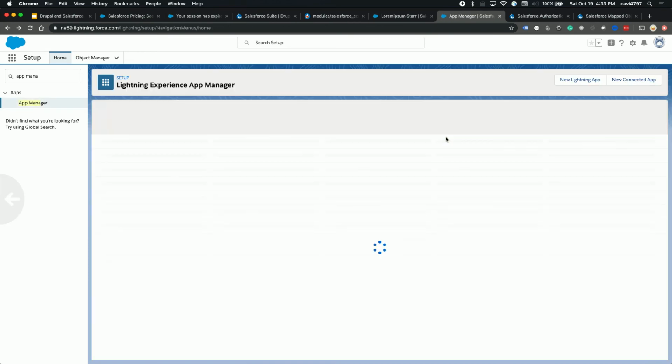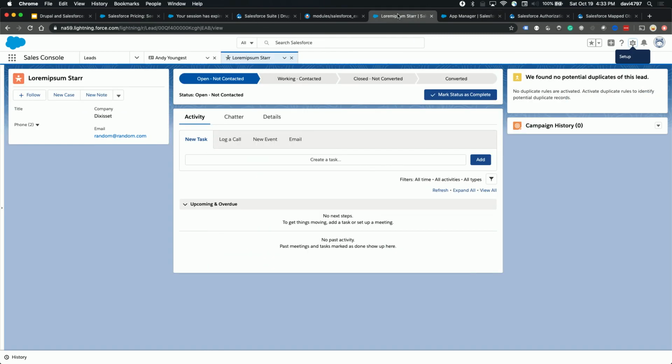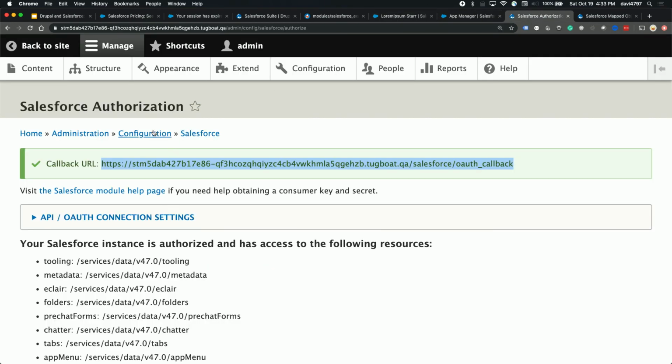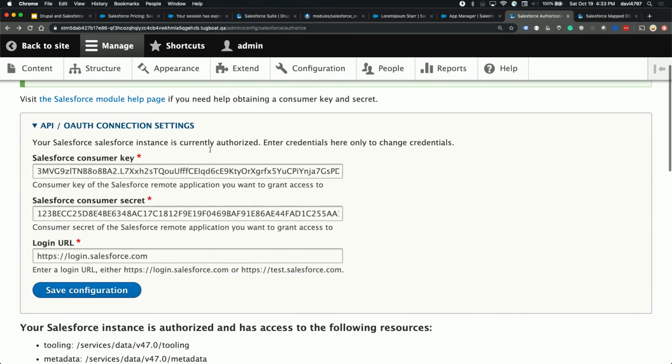You fire it off, and there you go. And then it'll give you a key, like a secret and key. Then you'll type those in, actually, right there. This is all going to go away anyway, so no big deal. But you'll put those values here, and then you'll hit save configuration. What will happen is it will then use OAuth authentication to send you to Salesforce, and then you'll have to